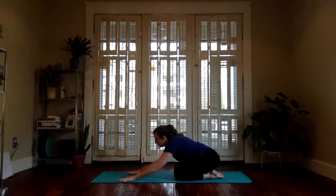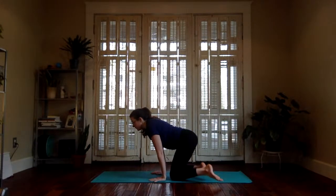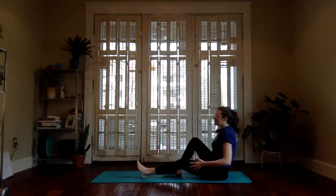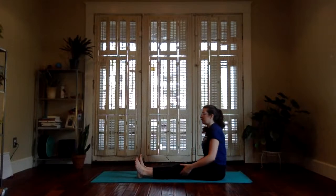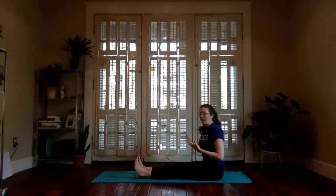Slowly starting to walk your hands in. Shifting your hips around to one side. Bringing your bum to the mat and sending your legs long out in front of you. Now the moment we've been preparing for here, we've got all bound up, we've twisted, we've gotten our hamstrings ready,